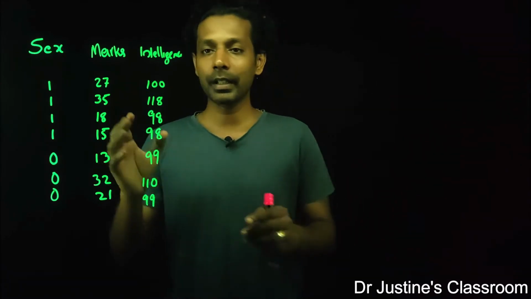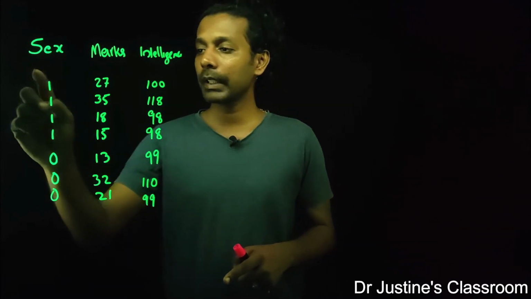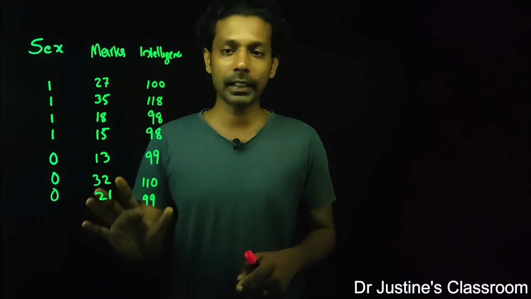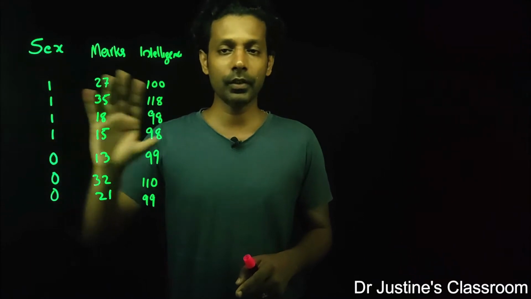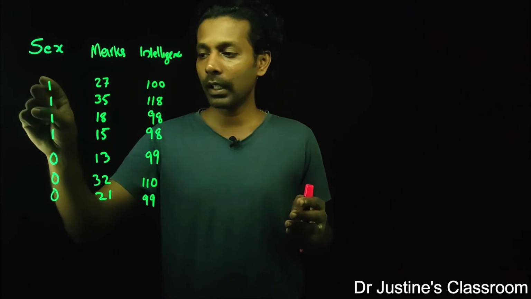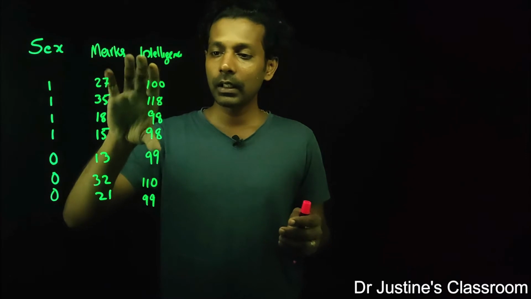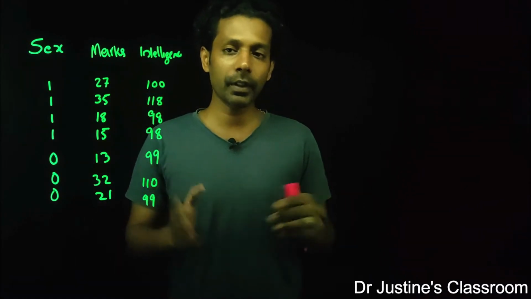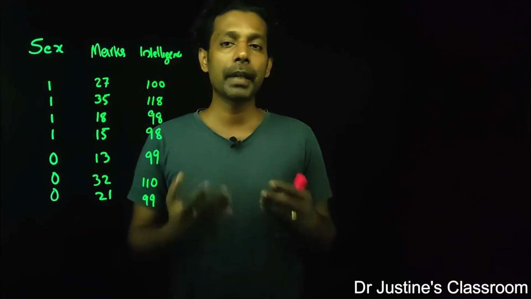Okay, so you have a variable, let's say intelligence is one of my variables, which is continuous in nature. The other variable is categorical in nature. So let us say sex, male and female. So you have nominal data, basically nominal, dichotomous data. Dichotomy means you have two options in the variable. So the variable has two options, male and female, and another variable, intelligence, is a continuous variable. So in this context, you can find out the relationship, the association, between the variable sex and the variable intelligence using biserial correlation.